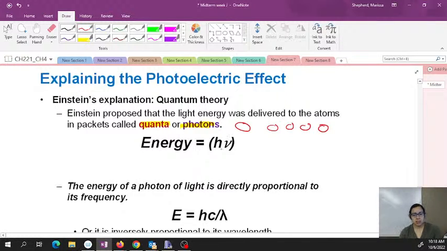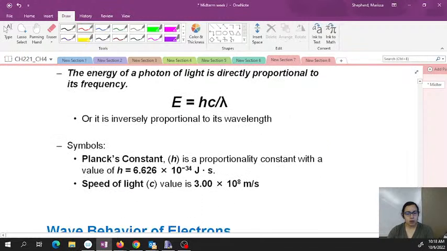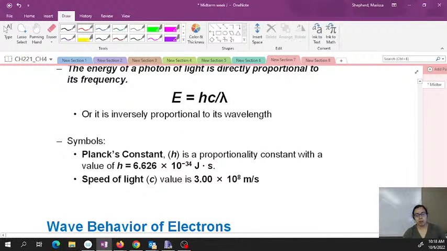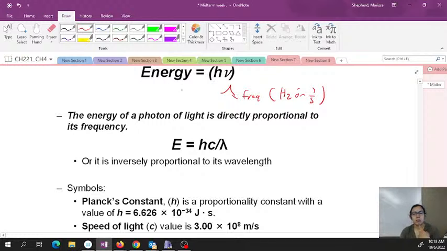So energy is equal to Planck's constant times our frequency. So don't forget frequency is given in hertz, or 1/seconds. And here's Planck's constant: 6.626 times 10 to the negative 34th. So I might write that somewhere. And then it's joule seconds for its units. And so if you look back at your formula, you have times frequency, so that's 1/seconds. So joule seconds times 1/seconds leaves you with just joules for energy.